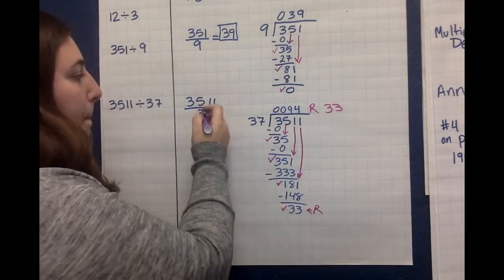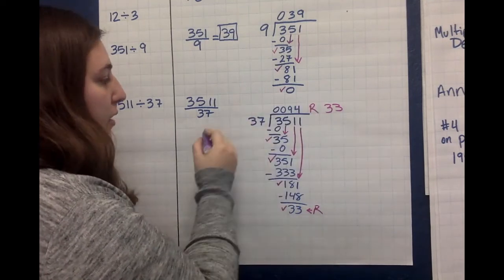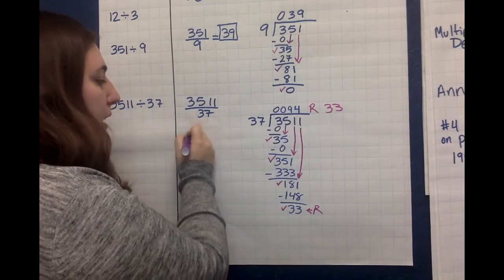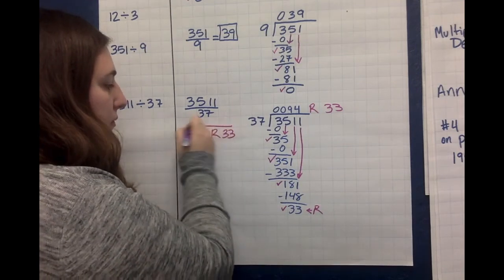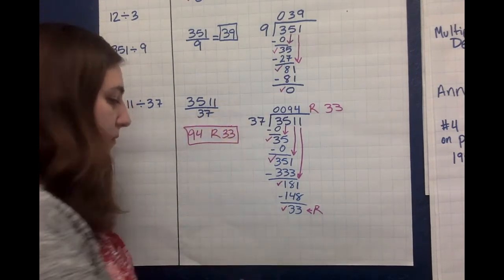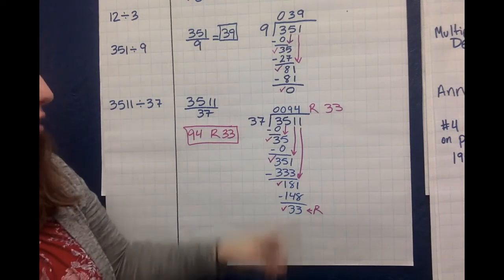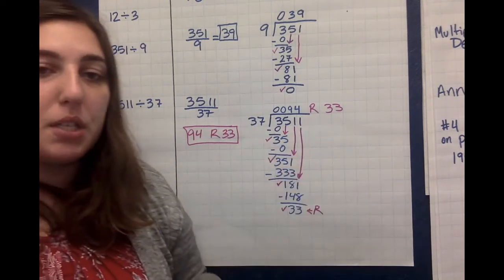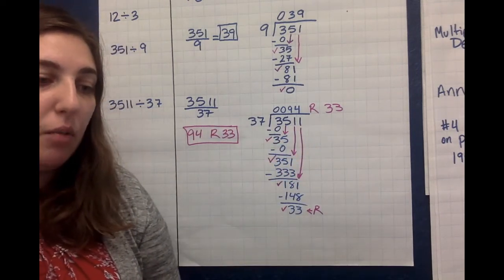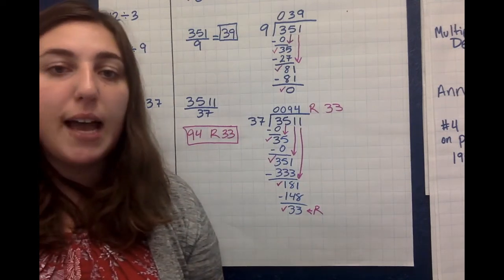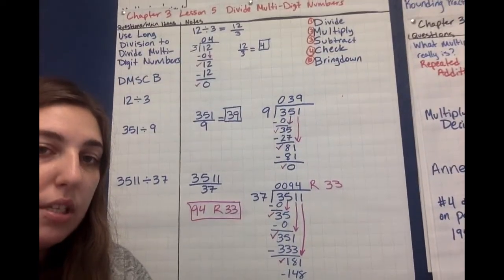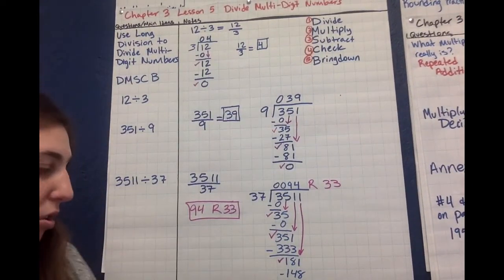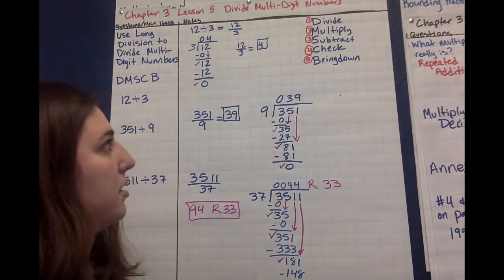Okay? So this is my answer. I'll write my answer right here, just so it's clear. All right, so make sure if you do have a remainder, you write the remainder up top there. And then we're just doing the same thing we've been doing in class with long division. Just remember to follow those steps up there. And if you ever need to, you can always write it on the side here, like